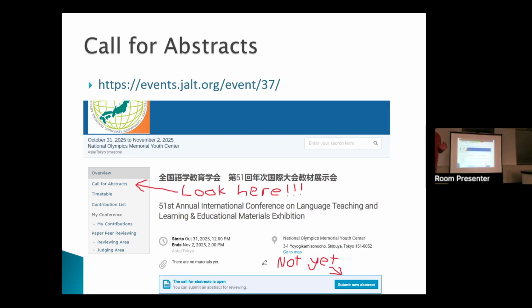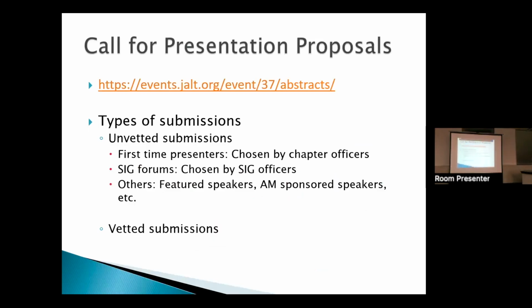Before you go there, please look at the call for abstracts. There's a lot of really important information there. Okay, so the page doesn't actually look like this. I've just obviously written on top there. So when you go to the call for presentation proposals, there are different types of submissions. So there are unvetted submissions, and we're mostly not going to be talking about those today, but these are important